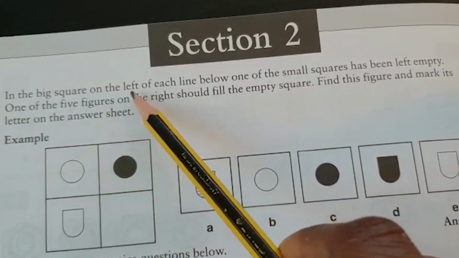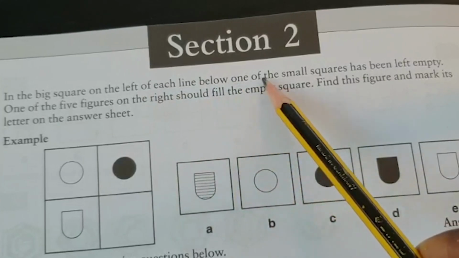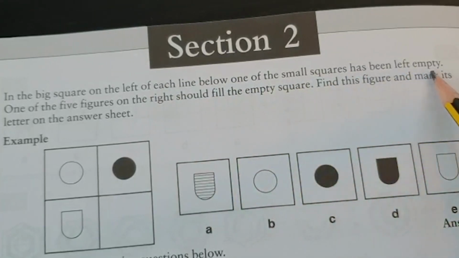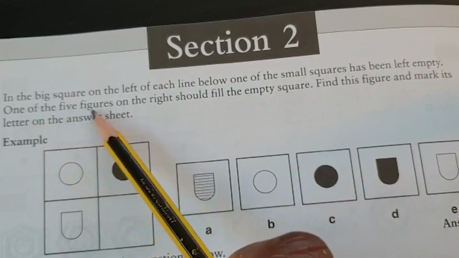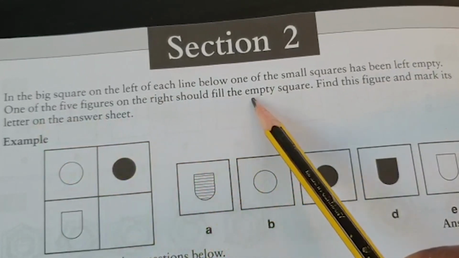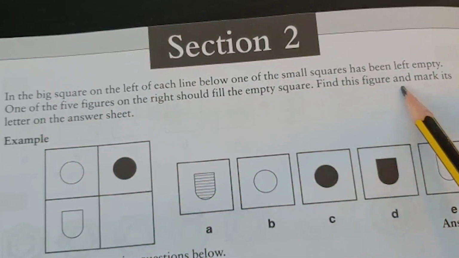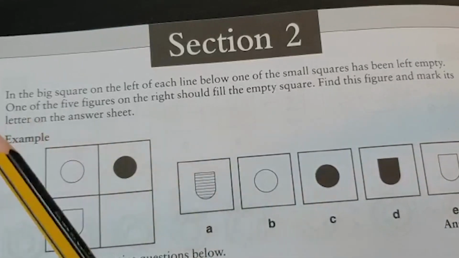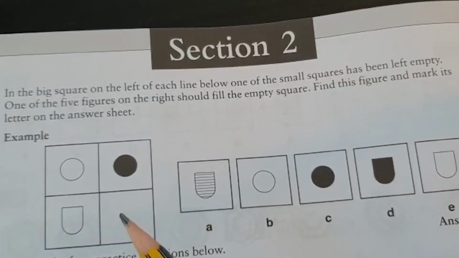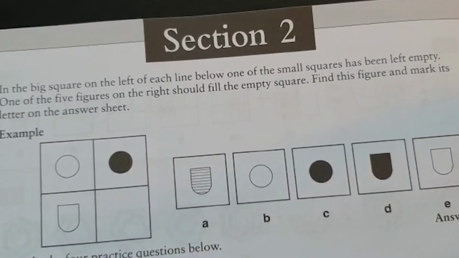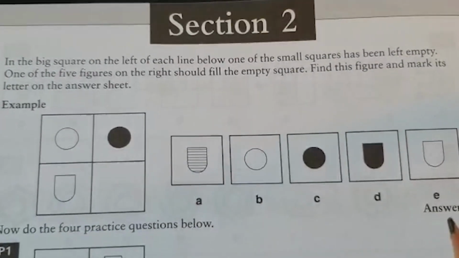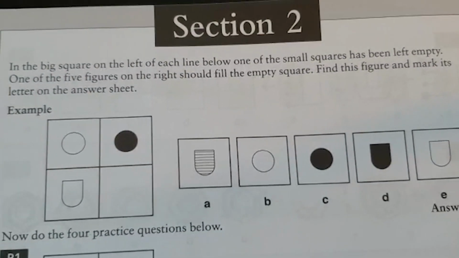In the big square on the left of each line below, one of the small squares has been left empty. One of the 5 figures on the right should fill the empty square. Find this figure and mark its letter on the answer sheet. They always give us the easiest ones, don't they? And then, of course, you get into it and you think, well, this is not quite as easy as the